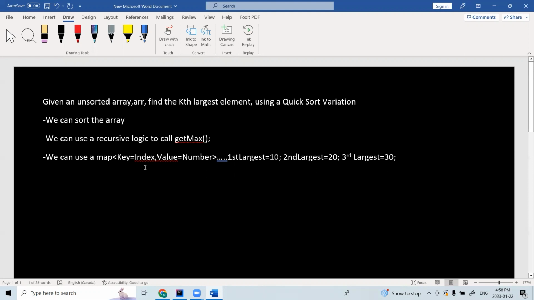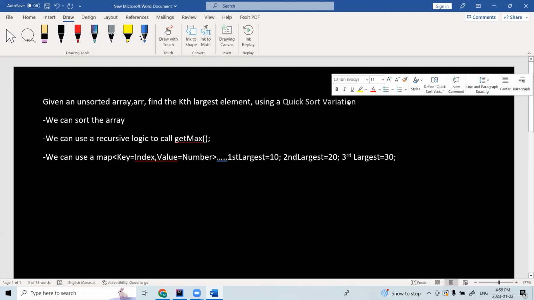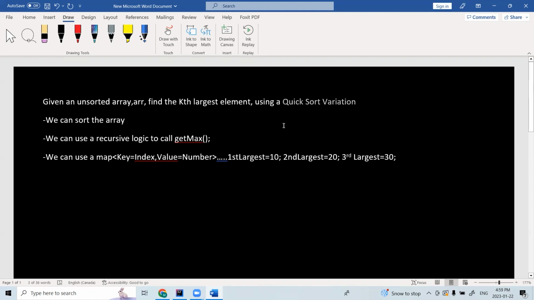in this specific session, we are going to use a variation of Quicksort. So if you don't know what Quicksort is, that's okay. We are going to cover Quicksort as well. And by the end of this session, you will know how Quicksort operates. It's not exactly Quicksort, but a variation of Quicksort. Other methods, like how to sort the array using our custom implementation. We are not going to use any inbuilt method, using our own